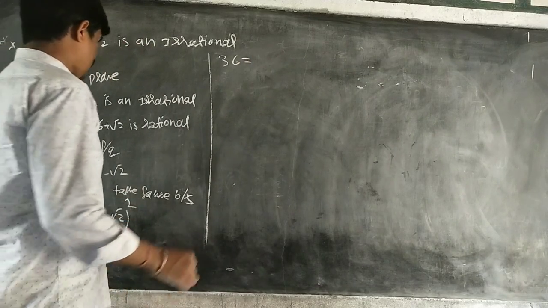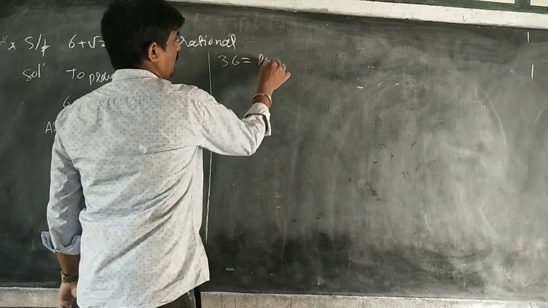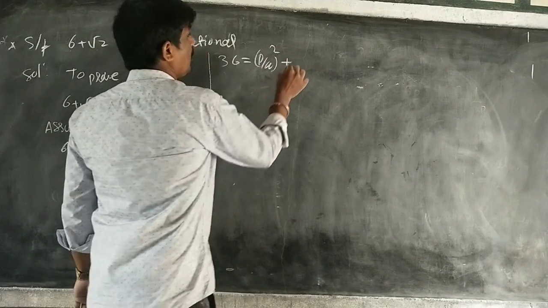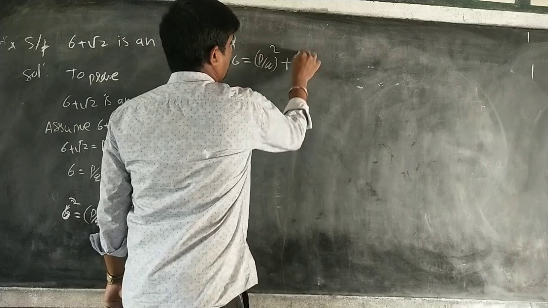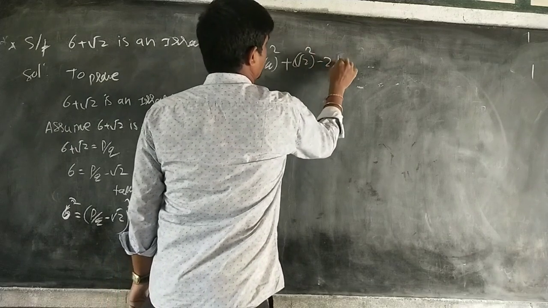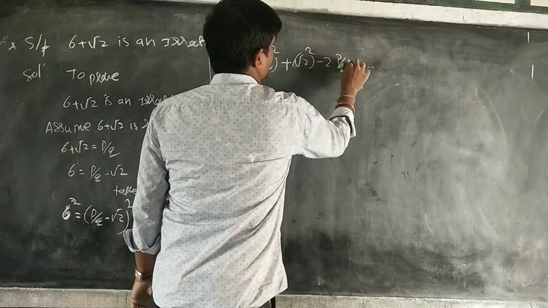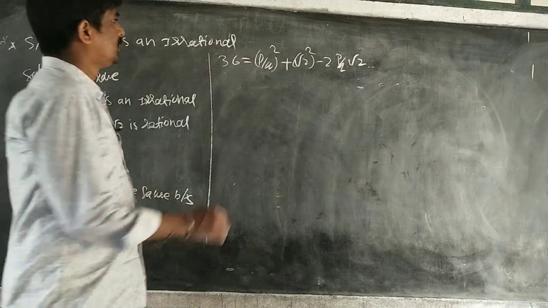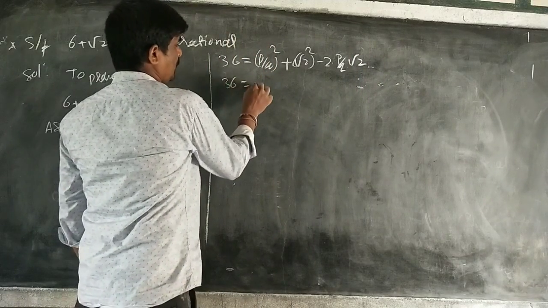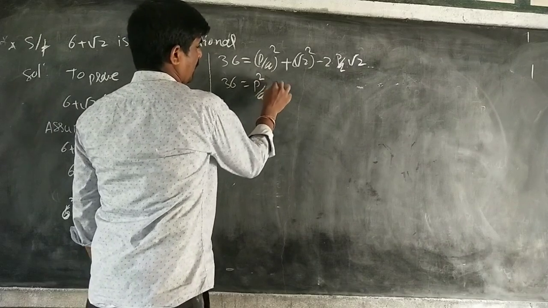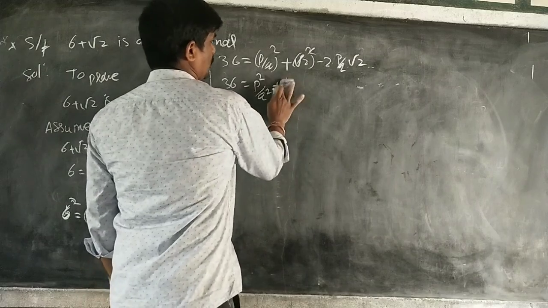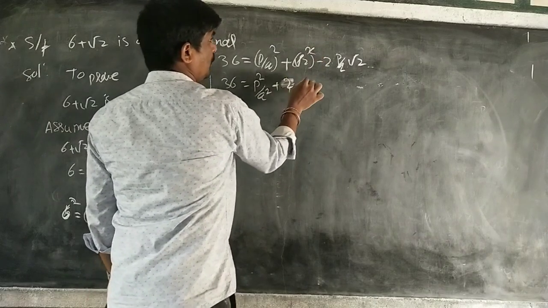P by Q minus root 2 whole square: A square plus B square minus 2AB. So 36 is equal to P square by Q square plus 2, the square root gets cancelled, minus